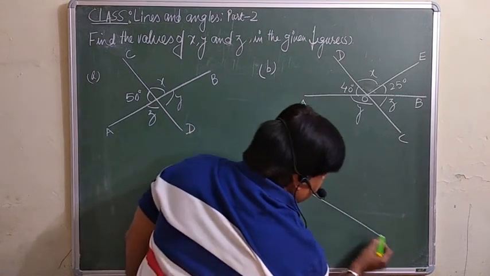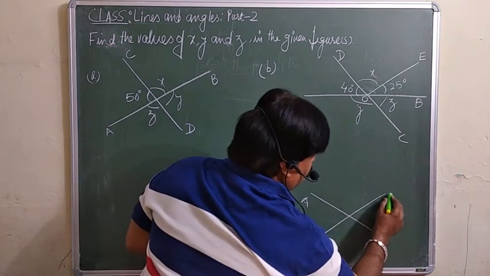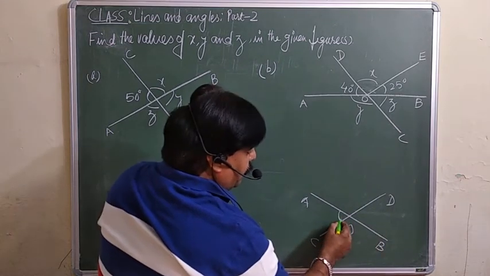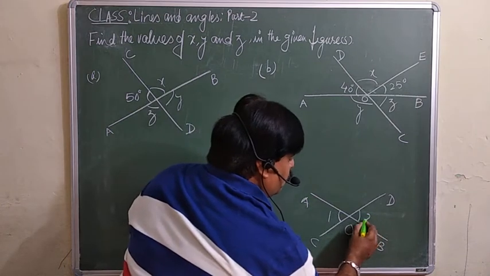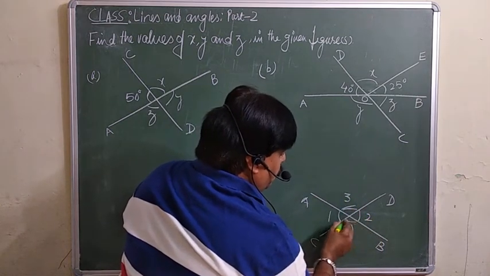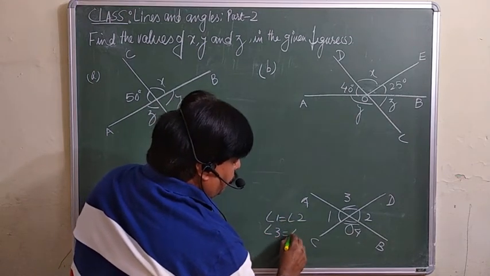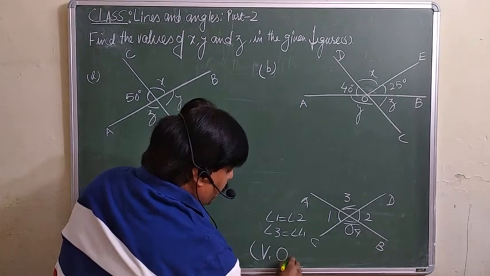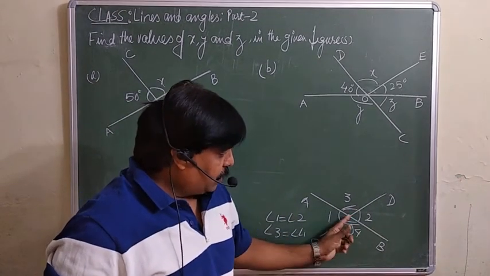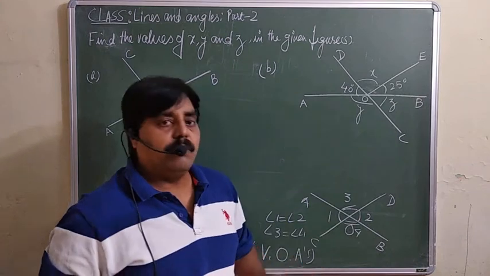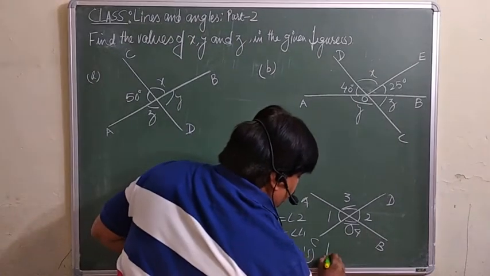ये हमने already discuss किया था कि if AB and CD are the two line segments, or you can say the two lines which intersect at a point, then their vertical opposite angles are always equal. You can say angle 1 will be equal to angle 2, angle 3 will be equal to angle 4. कि अगर कोई भी दो लाइन सेगमेंट किसी पॉइंट पे इंटरसेक्ट करते हैं, then their vertical opposite angles will always be equal. By using this one, and also we discussed about the linear pairs.